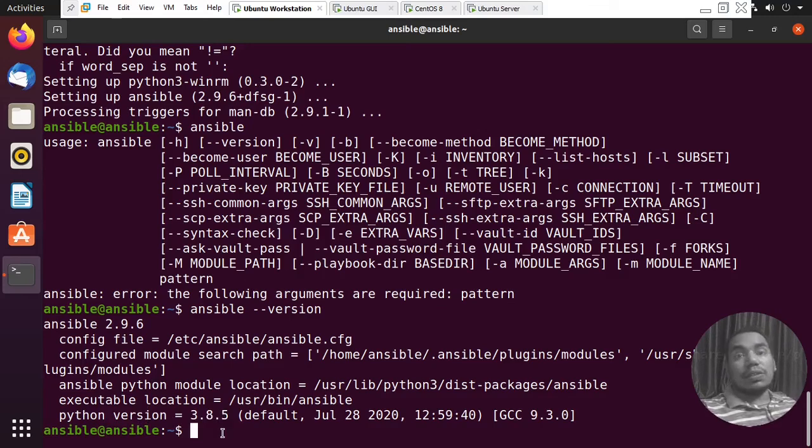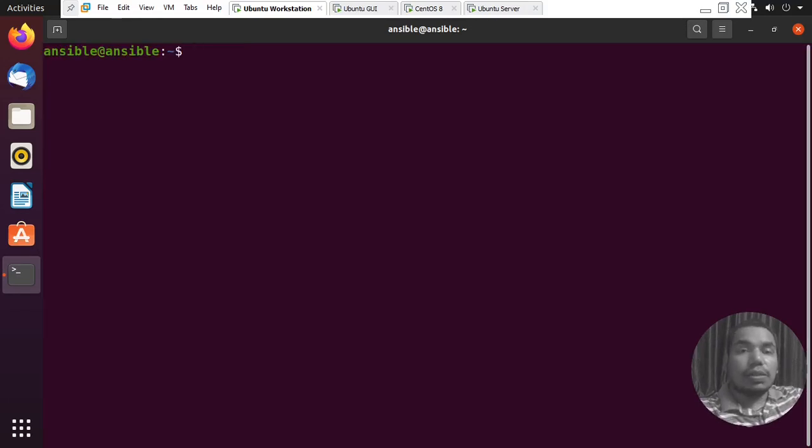Now let's make sure that it works really quick. I'm going to clear this screen, type clear, and we are going to say ansible localhost -m ping.